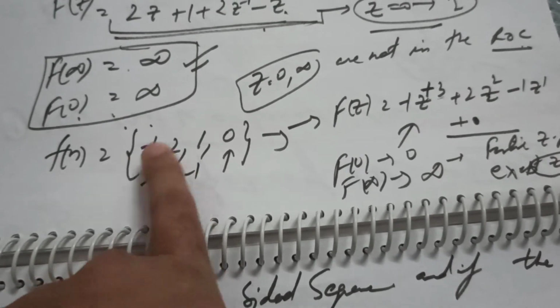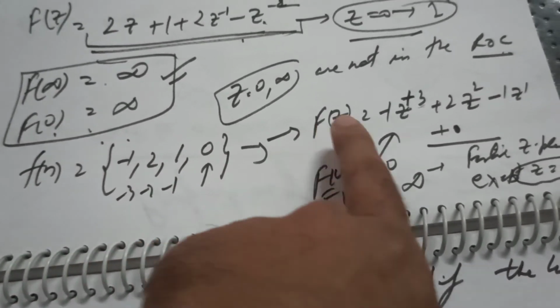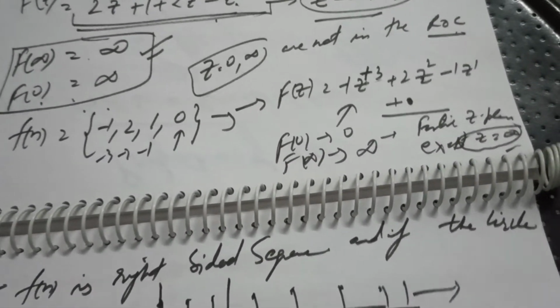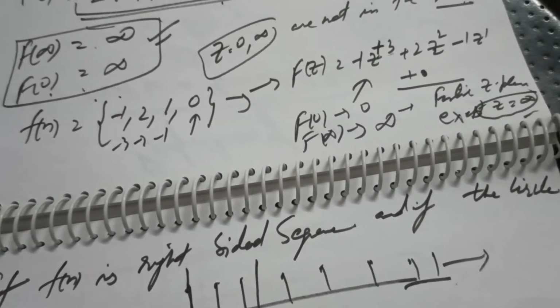This is f(n) equals -1, 2, 1, 0. Again, you can write F(z) for this expression and then obtain F(0) and F(infinity). This is very easy, and again you can check that this is giving us 0 and infinity. Now,